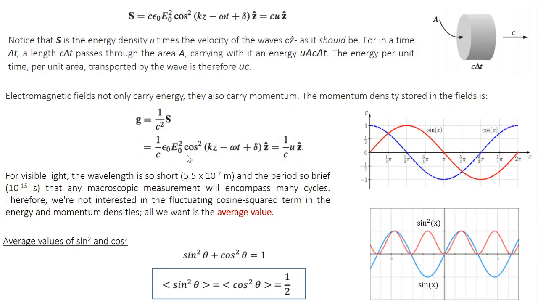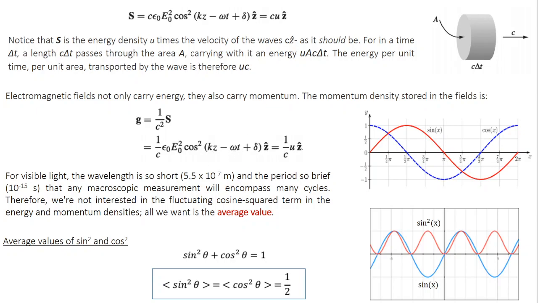So let's try to derive the average values of energy density, flux density and momentum density. If you look at any of these expressions, we have some constants, so the average values of these constants remain the same. Then you have a cosine function. So when I talk about the average value of any of these energy parameters, essentially I need to find the average value of the cos squared function.